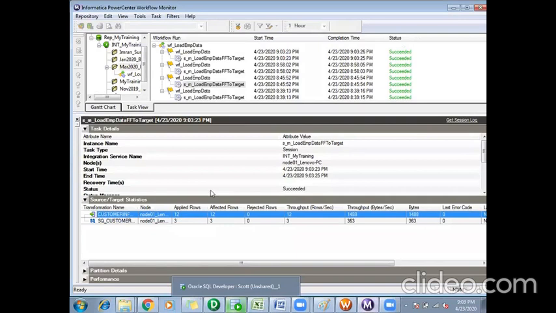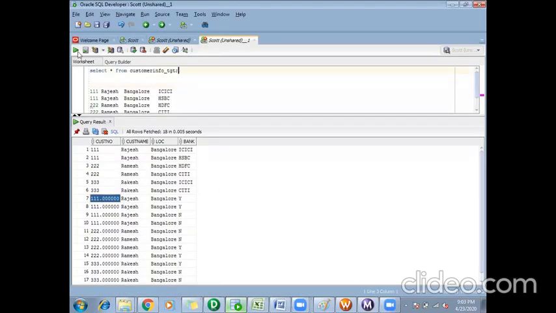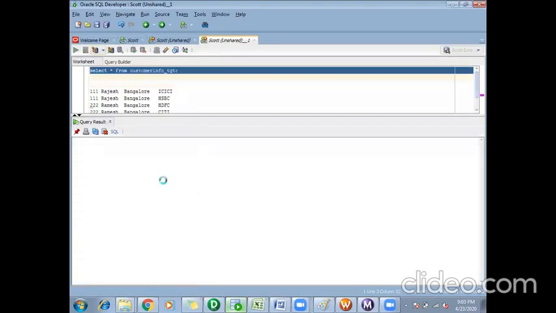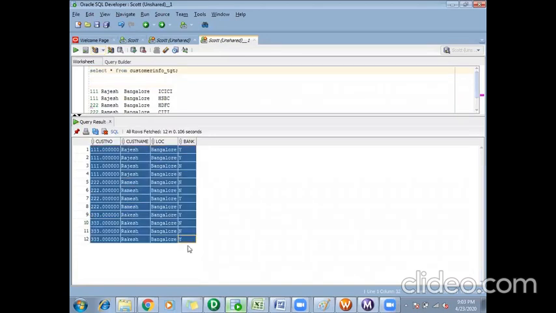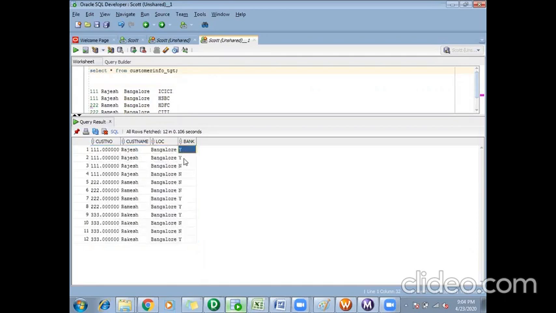If I go to the target table and check the data, see, this is how I'm getting the data here. Okay, this is how I'm getting the data. So what I need is, so this is still not clear for me. Wherever YYNN is there, I need to replace it with the bank names.